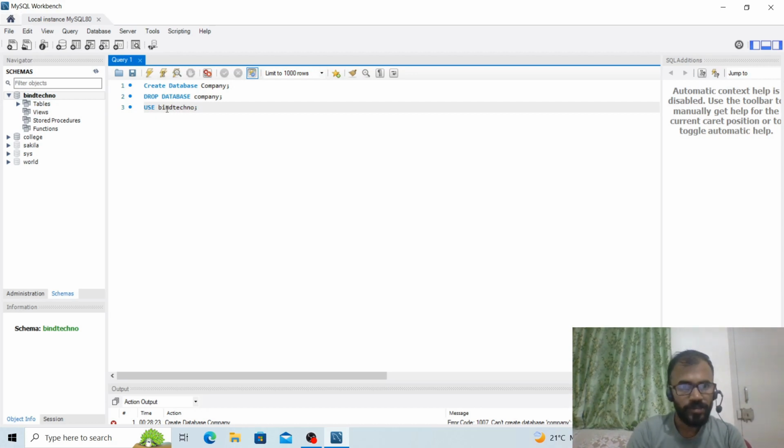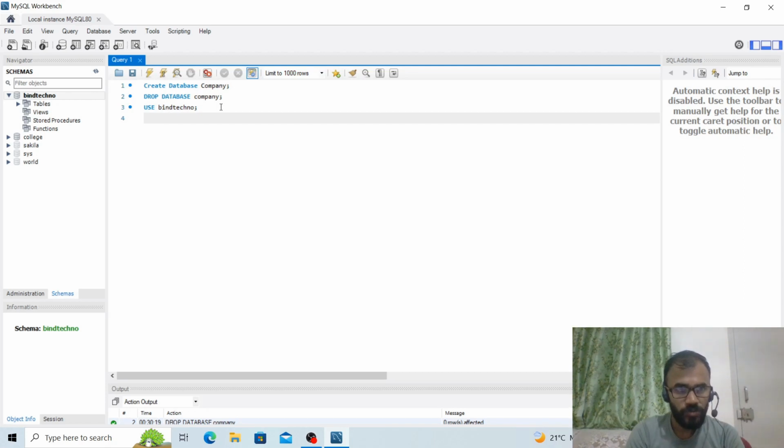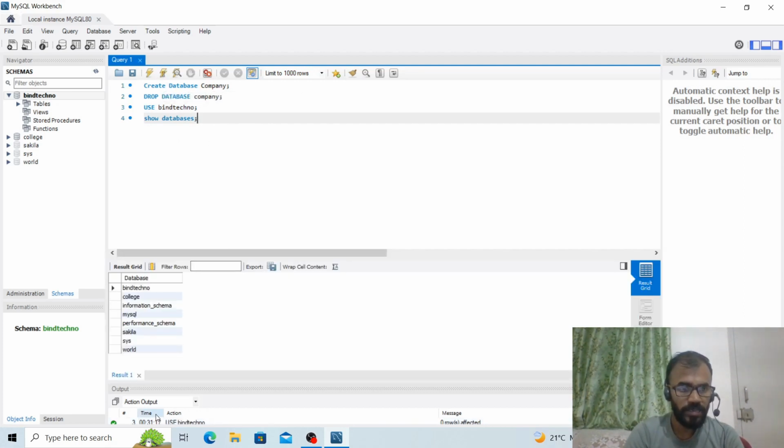Okay, so now I'm going to run this query, and now I'm inside this database. If I want to show how many tables are inside the bin techno database, you should write show databases like this. You have to write it, and now run this query, and now you see there are lots of